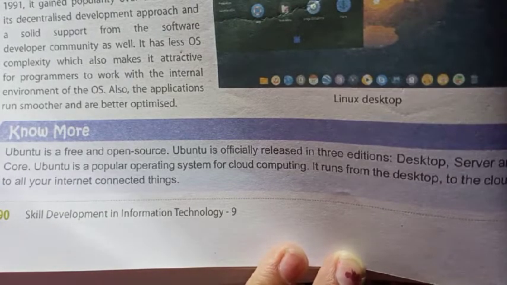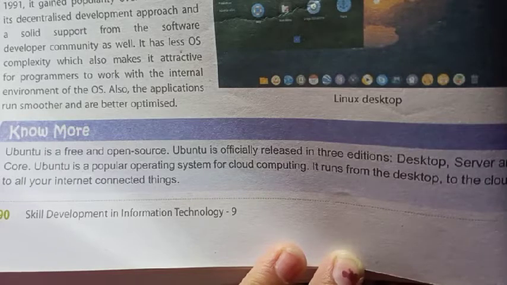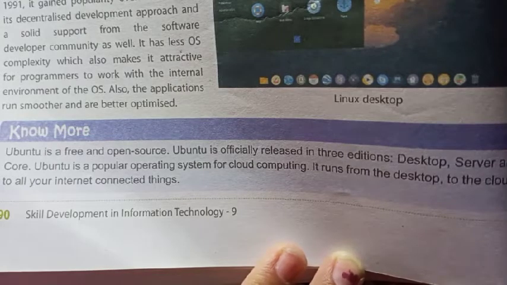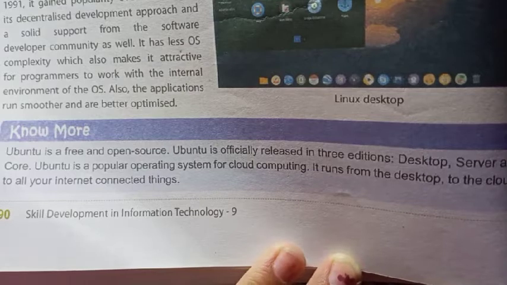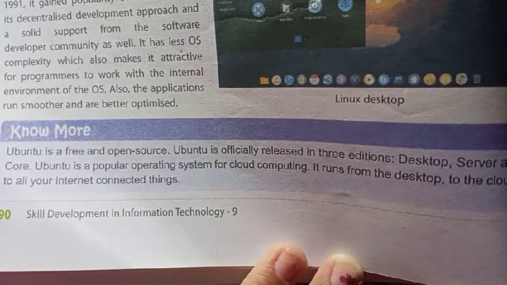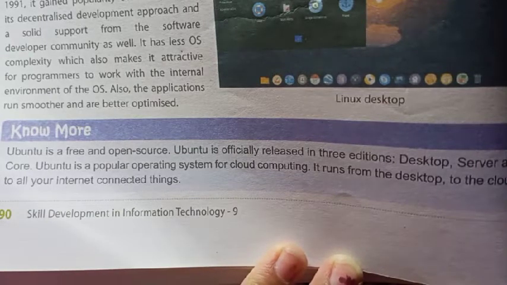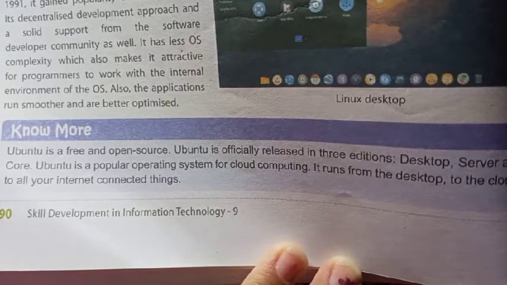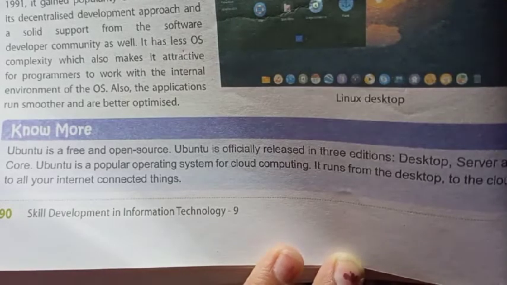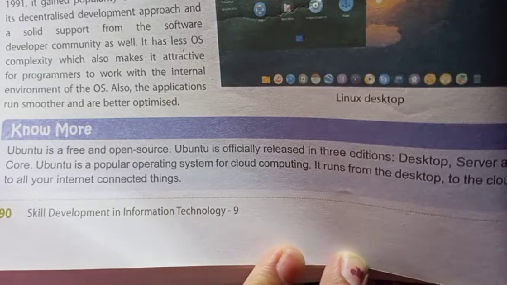It can run easily from desktops to the cloud, and it can easily run the internet. Because of these features of cloud computing, smooth running of the internet, and running easily on the desktop, it is much more popular nowadays.